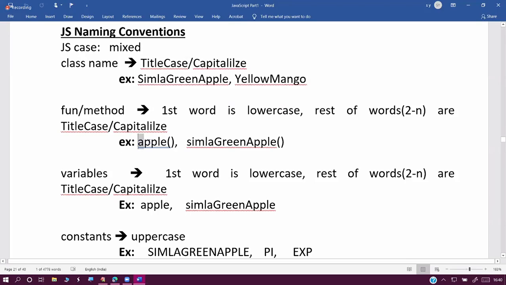Examples: apple is one of the methods, and apple is completely in small letters here. The reason: how many words in apple? One single word, so completely small letters. Next, simla green apples is a total of 3 words. In that, simla is completely small. Green Apples has G capital, A capital. If you observe, the first word is completely small, and from the second word onwards, title case. Look, like your class names, how we are writing here, the same pattern continues. If this is not followed, sir,